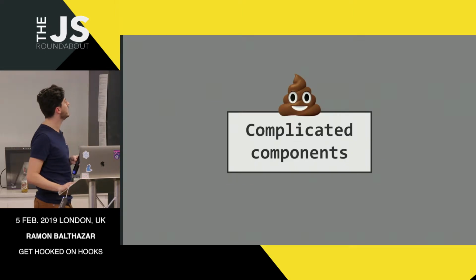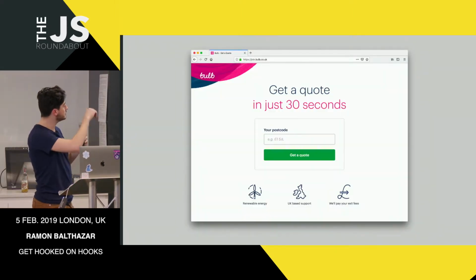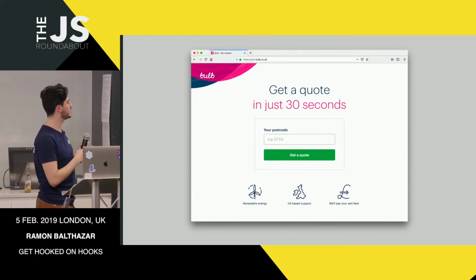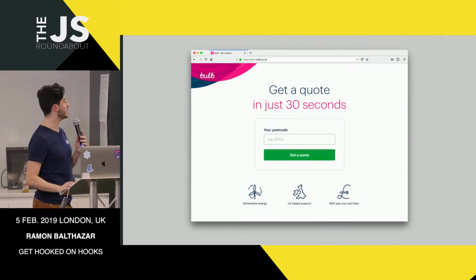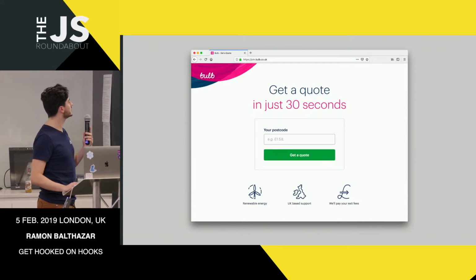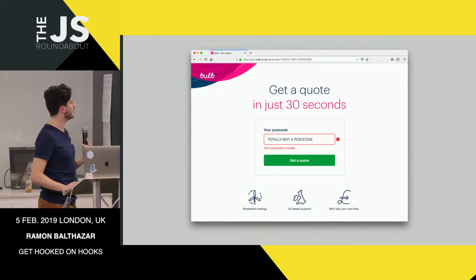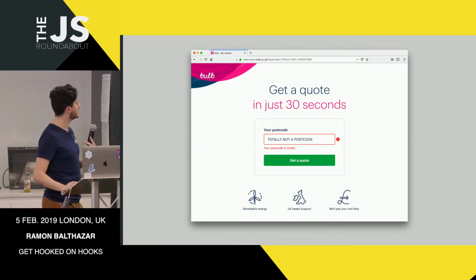And the last thing, complicated components. This is Bob's join page. This is where people go before they switch to Bob, and it looks pretty harmless at first, but there's a lot of things going on here. So first off, you can see a form, so yeah, you need form validation. I can tell you that we have a sync validation too.